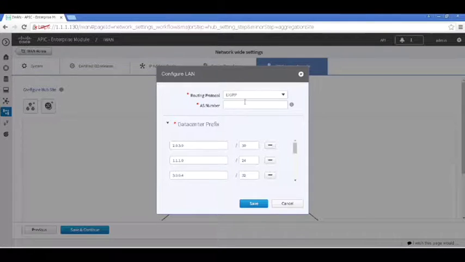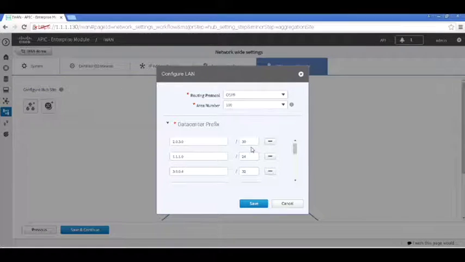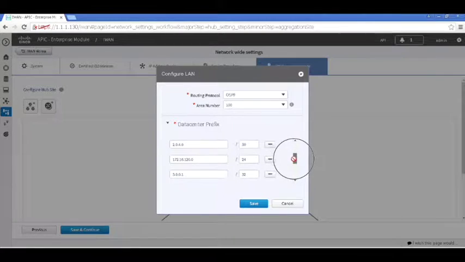What it does is basically ask you what is the routing protocol that you're running on the device. I'm just going to say I have OSPF running. It auto-populates the area number. It identifies that OSPF 100 is seen on the device. It also auto-populates the prefixes that are seen on the LAN side, and that comes from the OSPF topology. As you can see, it identifies all the router-to-router links and some of the LAN interfaces. It should also identify one of the LAN side interfaces, 172.120.0, because I've advertised this